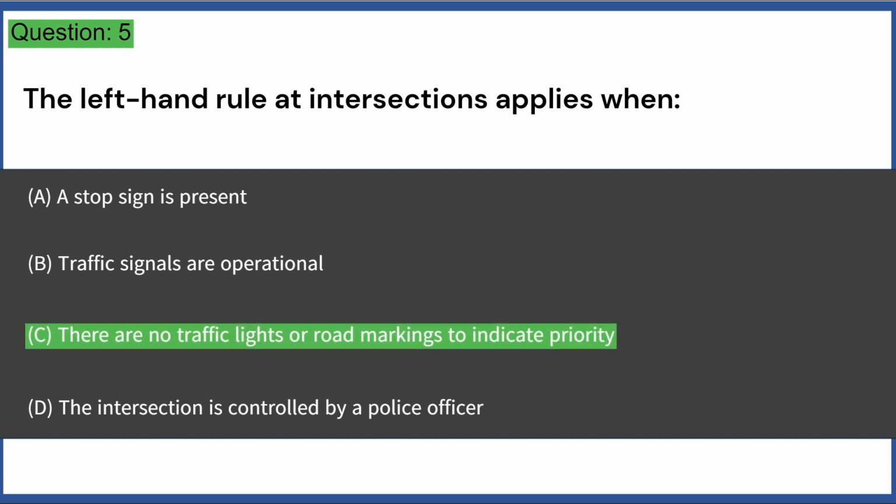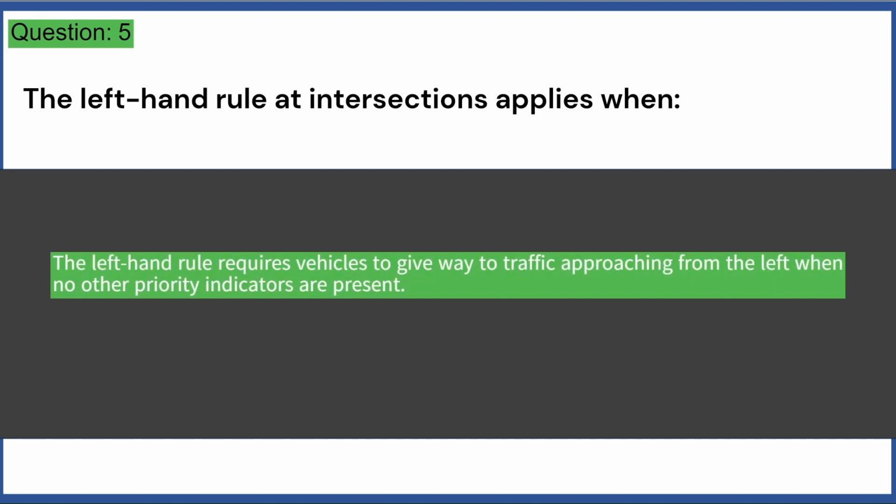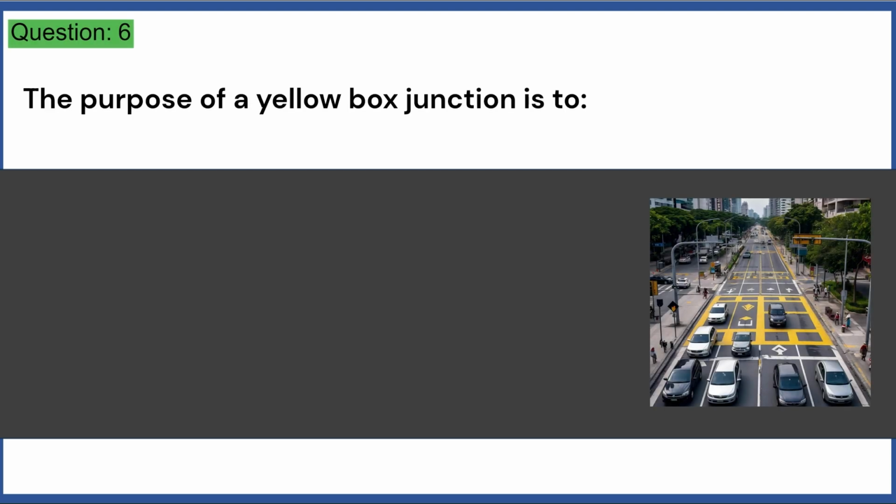Answer C. The left-hand rule requires vehicles to give way to traffic approaching from the left when no other priority indicators are present. The purpose of a yellow box junction is to: